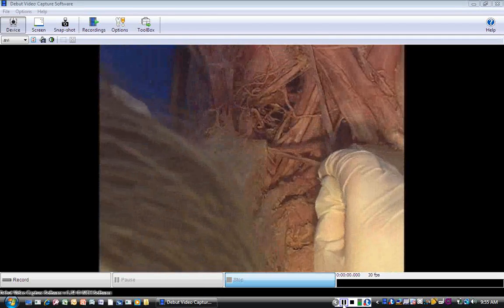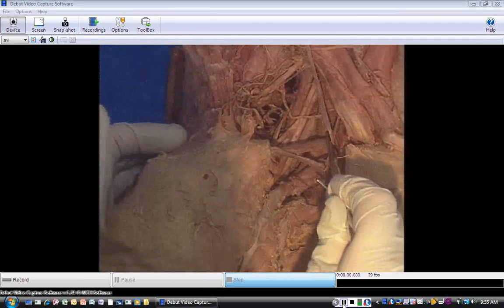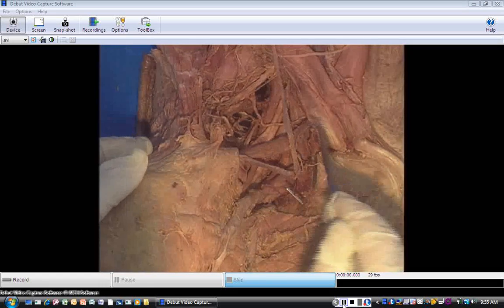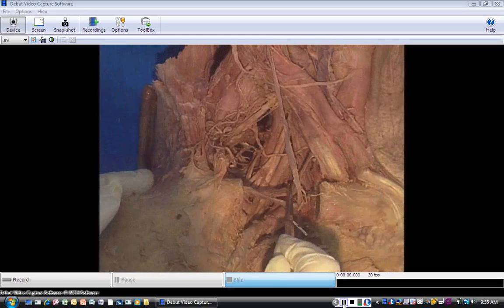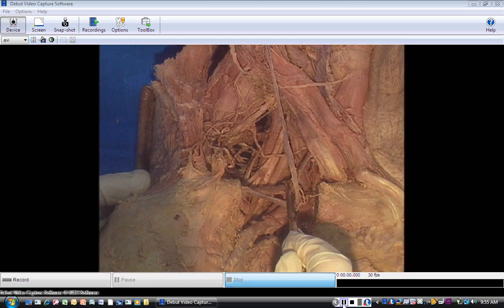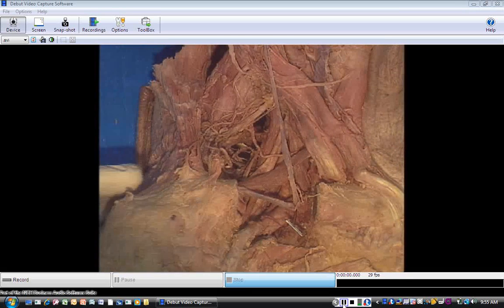Other nerves that you can see in the posterior triangle of the neck are the rami and the trunks of the brachial plexus, and some of the branches that come off those rami and trunks. Why don't you pause it right now, and let me